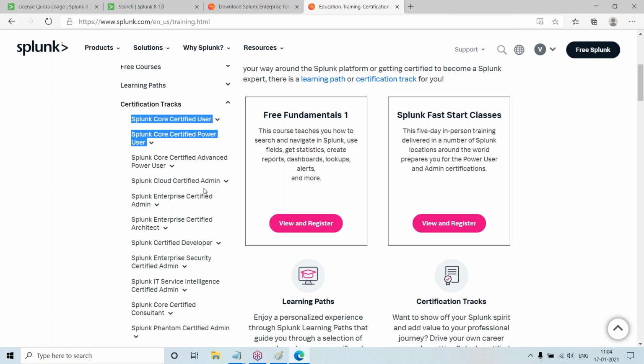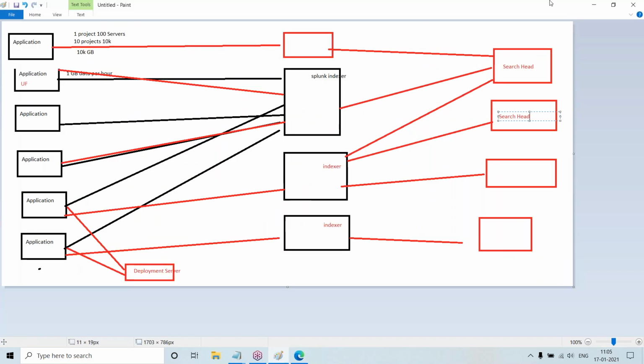How can we practice, Vikram? There is a 60-day trial version. If you have a laptop, you can install it. I'm planning to have sessions on Google Cloud. You can create a Google Cloud account and prepare your setup there. My classes, the admin setups, will be on Google Cloud only.